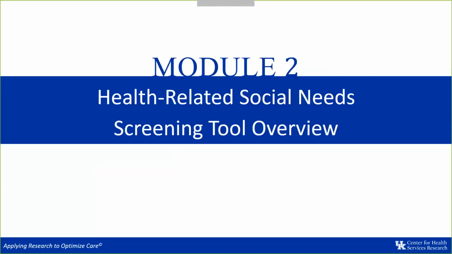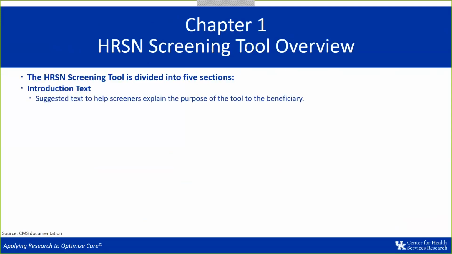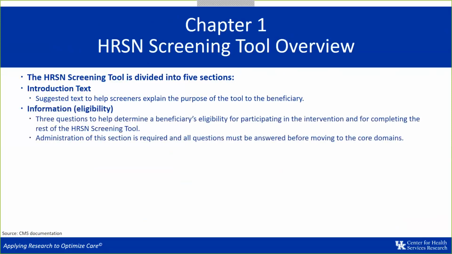So let's continue to Module 2, which is the Health-Related Social Needs Screening Tool Overview. Now the HRSN screening tool is divided into 5 sections. The first section is Introduction Text, which is suggested text to help screeners explain the purpose of the tool to the beneficiary. The second section is Information, which determines eligibility. Now, these 3 questions help determine a beneficiary's eligibility for participating in the intervention and for completing the rest of the HRSN screening tool. Administration of this section is required, and all questions must be answered before moving on to